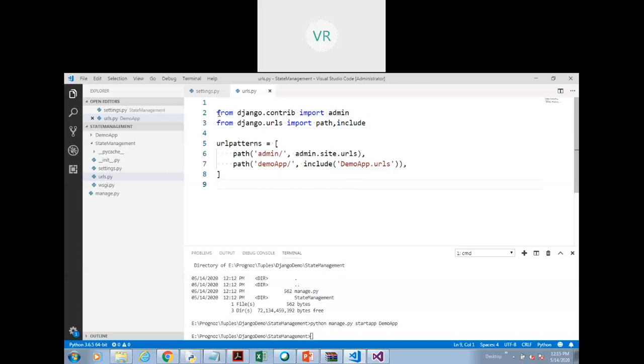So now here you can see that we have admin, we have the include section and all. Now we are creating it for the app level, right? We are inside the demo app section. So now, first of all, I'll always test with hello. My hello thing should work fine. So here I'll just write views dot hello, and now we have to say from dot import views.